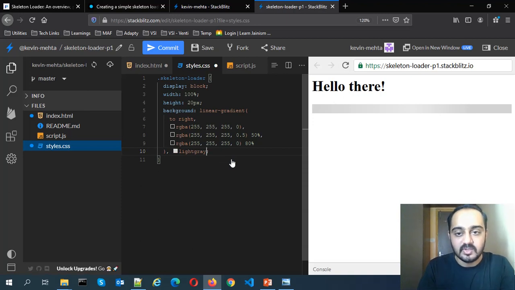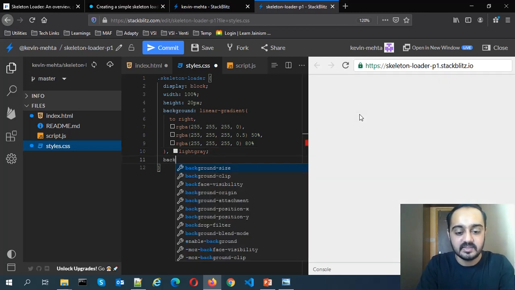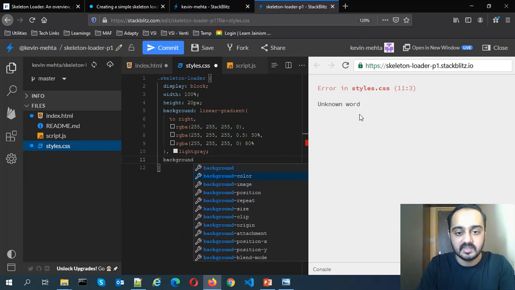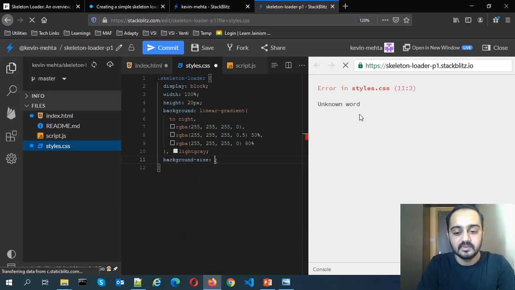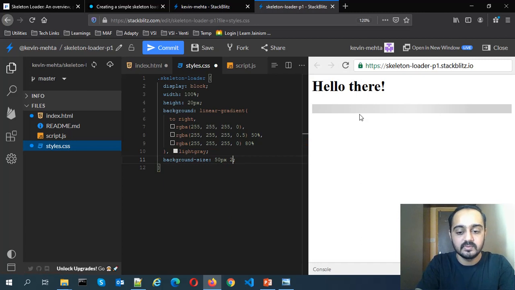So as you are seeing, this is our light gray background, and over that background we are seeing a gradient, but that gradient is spreading all over the container. So let's give it a specific size using the background-size property.